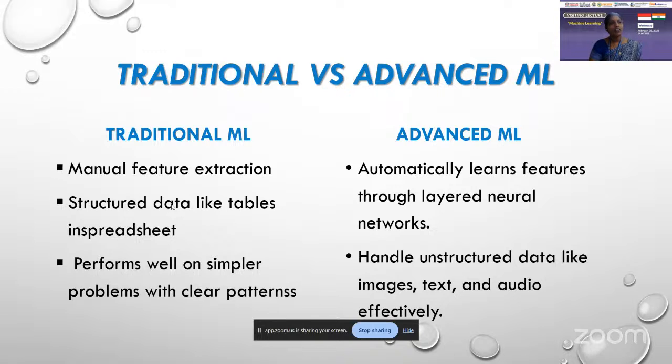And the third one is that it performs well on simpler problems with clear patterns. So if the pattern is clear, we can make use of traditional ML. And when we go for advanced ML, it automatically learns the features through layered neural networks. Okay, so here we go for advanced ML because it generally deals with unstructured data,